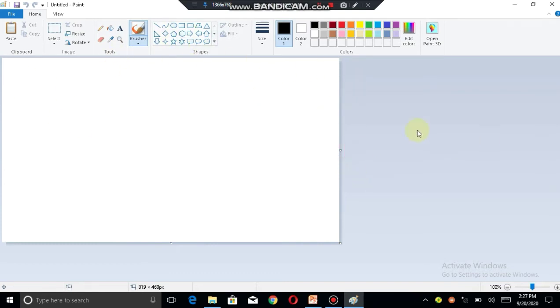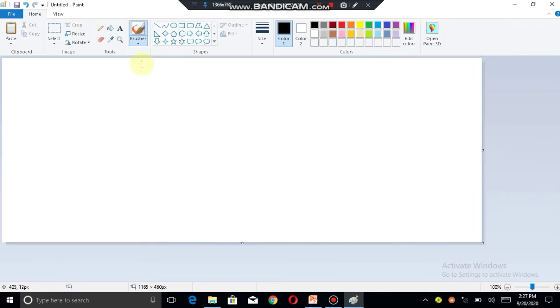Okay, so let me resize the window so it will easily help you understanding more. So can you see these tools above here? These are the taskbar. We select different formations from the taskbar. As we know, these are the shape box.